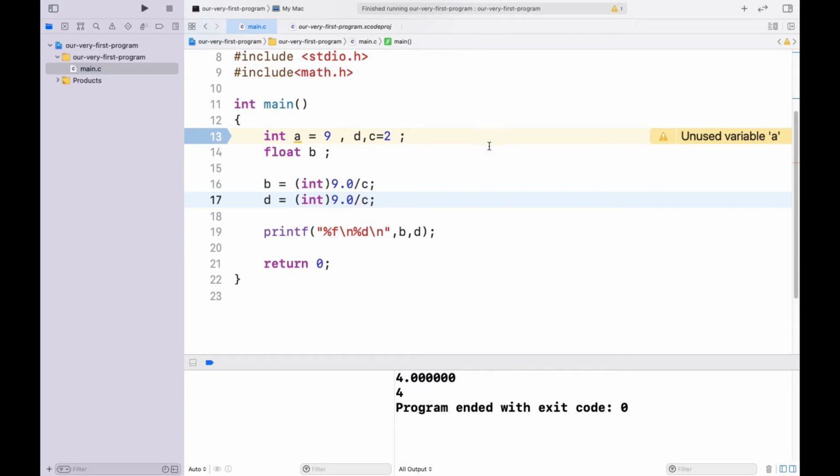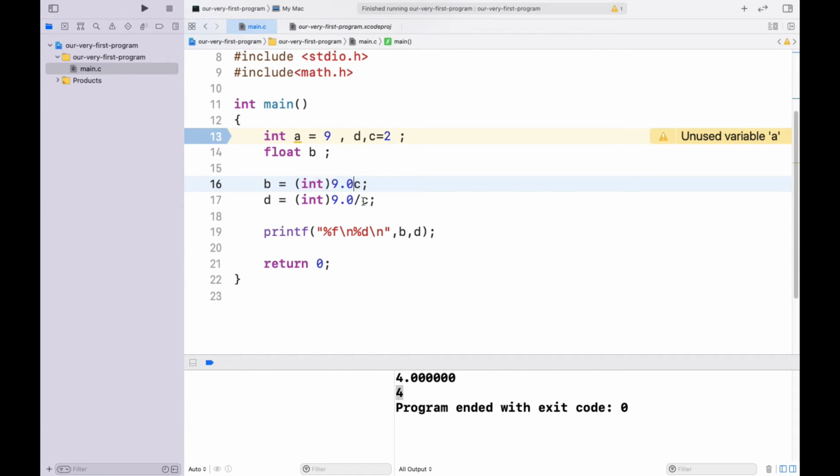We are getting an answer of 4. This 9.0, which is a floating constant, is getting converted into an integer constant, and that integer constant is then divided by an integer, which is 2 only. That is why we are getting just 4 as a result.